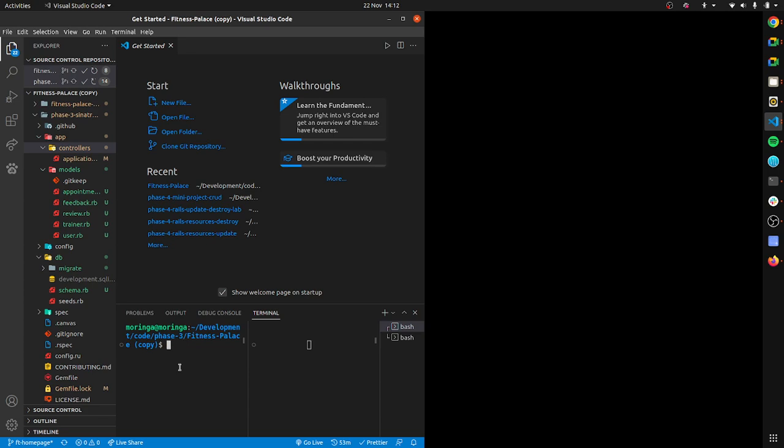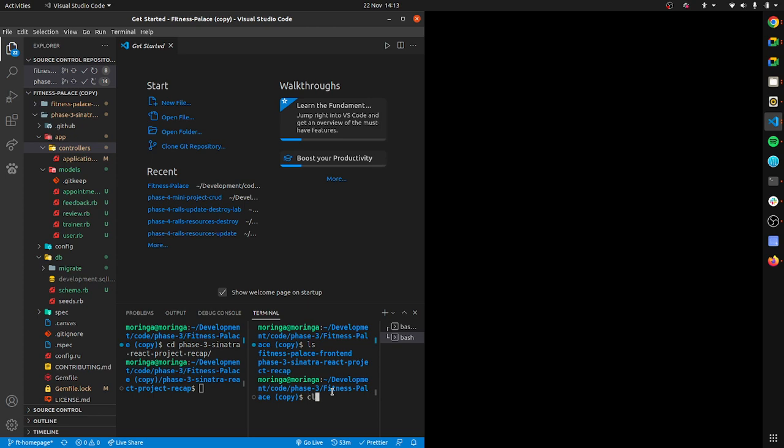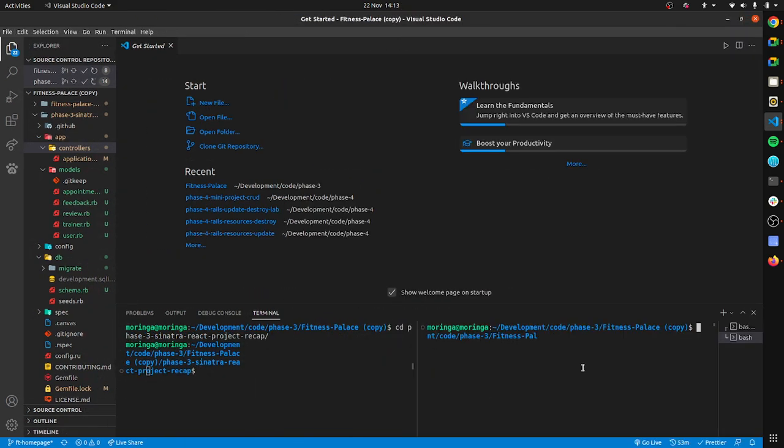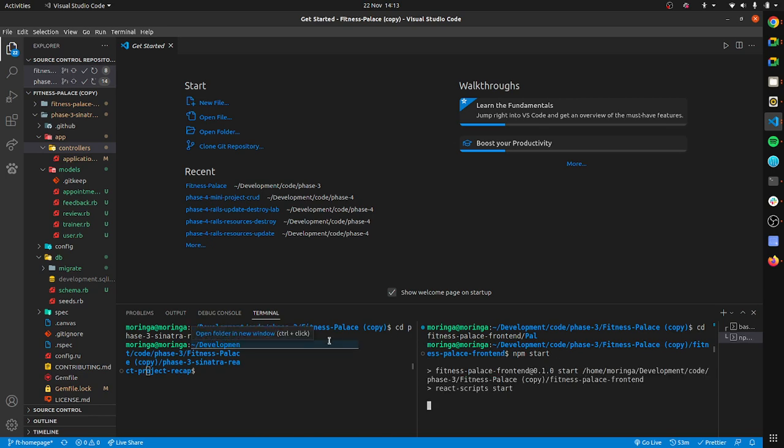For the CD into phase 3, then CD into fitness, npm start. And for the backend we start it